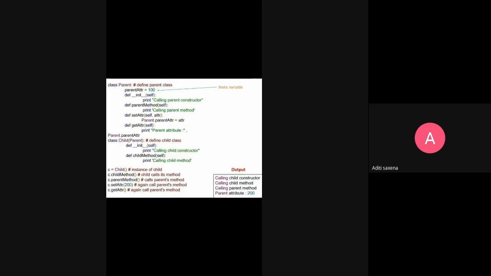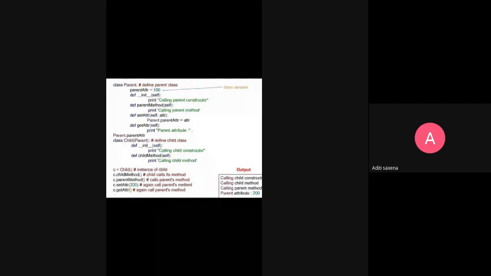Like this is the example. This is the parent, the base class, and it has an attribute, parent attribute, with the value 100. We have created a method parent method, set attribute method, and get attribute method, and here parent dot parent attribute. So what we have done here is called this variable.